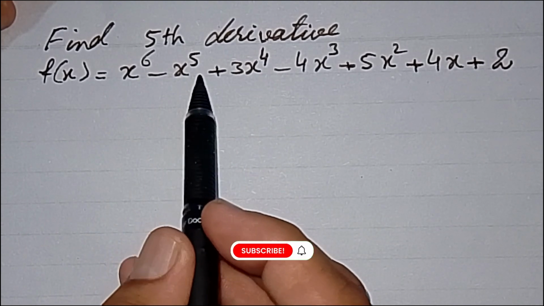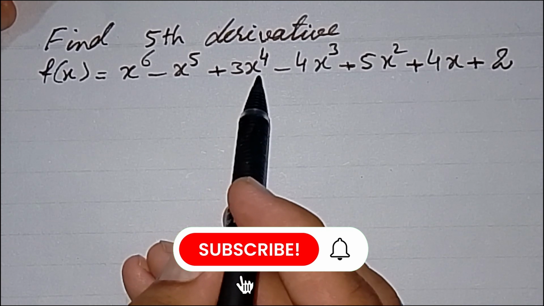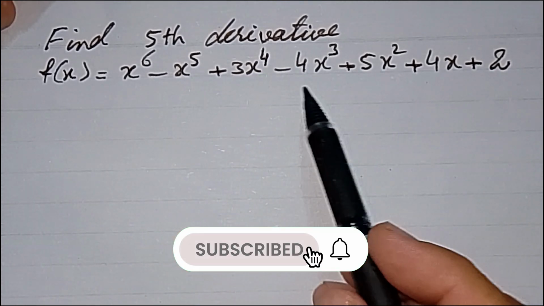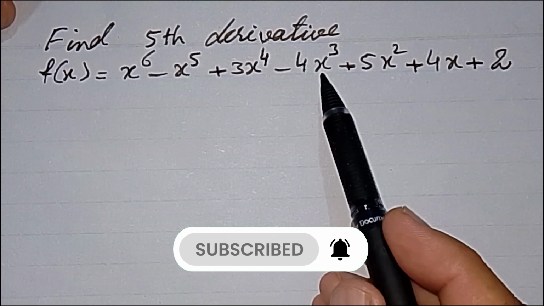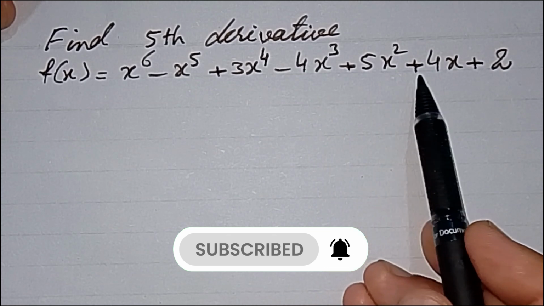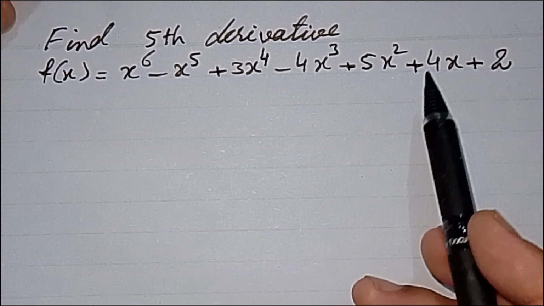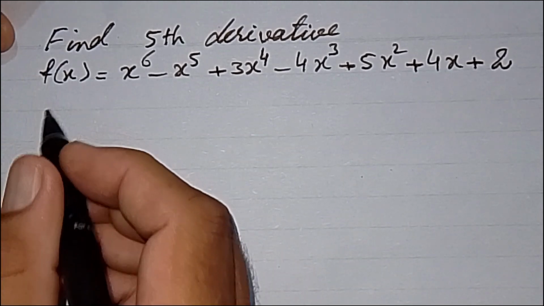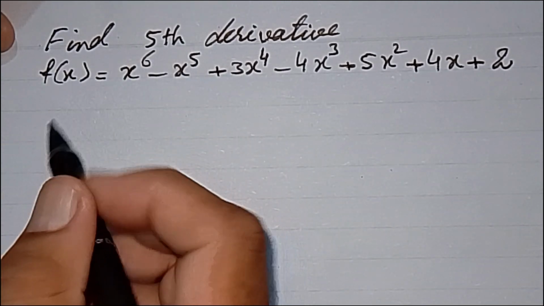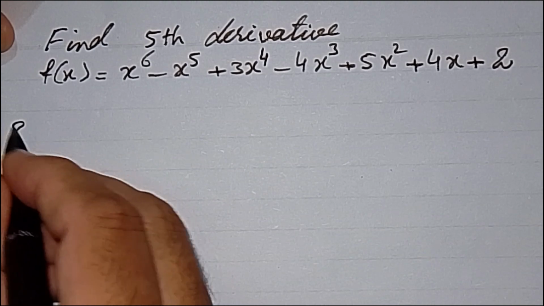Today the question is: f of x is equal to x raised to the power 6 minus x raised to the power 5 plus 3x raised to the power 4 minus 4x cube plus 5x square plus 4x plus 2. We have to find the fifth derivative. Then the solution is